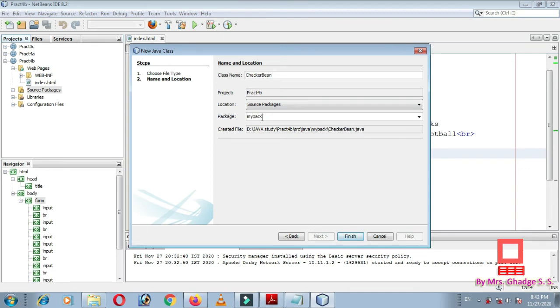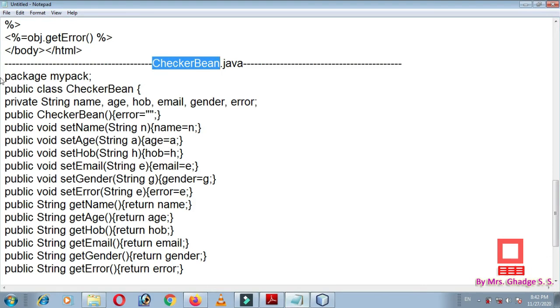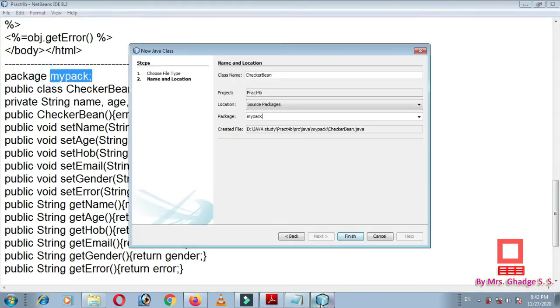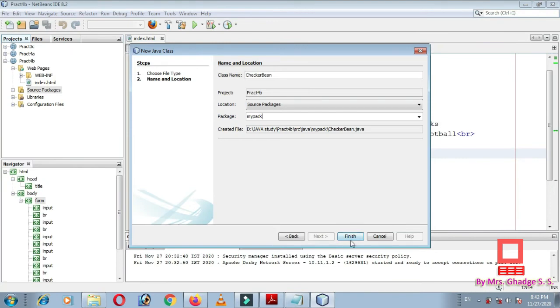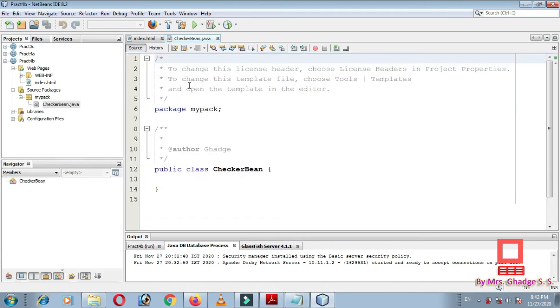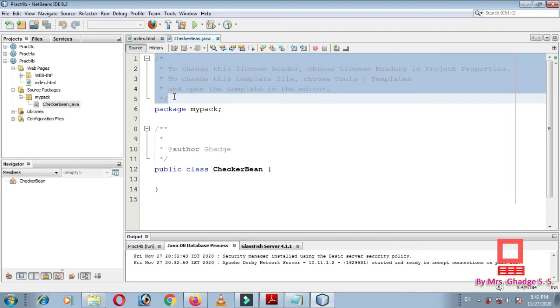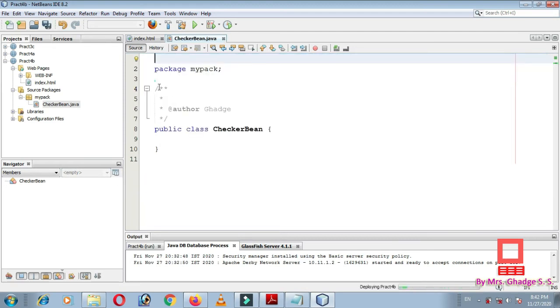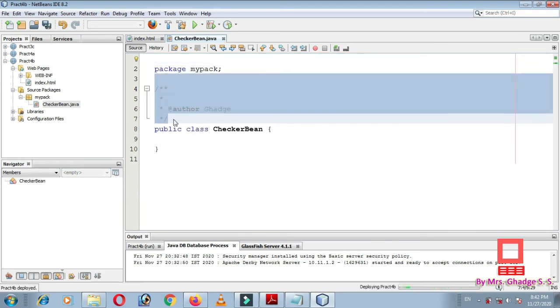Here is the package name that we have already taken, that is mypack. So just click on the Finish button. Here one simple class is created. I just delete the comment lines here.